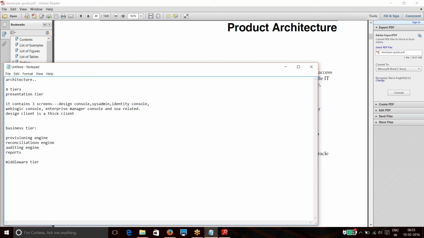We'll be using WebLogic, which is middleware. We'll have a publisher, and then we have the entitlement server. All these components will be placed in the middleware tier.